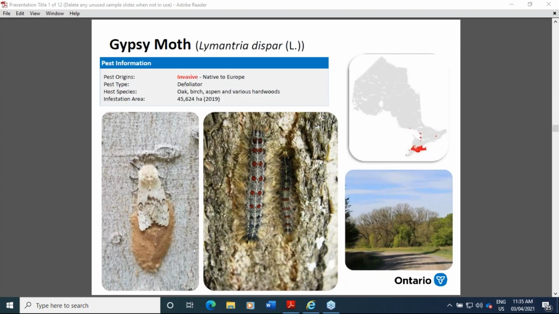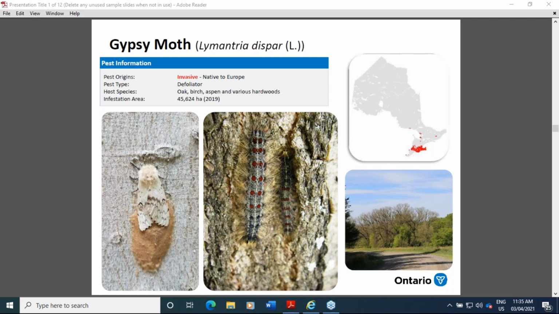Gypsy moth. Our Southern Ontario folks will know all about gypsy moth. This is an invasive species. It's an important invasive species because it's one that we look at. We have data in Ontario dating back to the 60s, as I'll show you in the graph, and it's one that is seemingly naturalized. It's still an invasive species, still under a quarantine restriction with the Canadian Food Inspection Agency, so